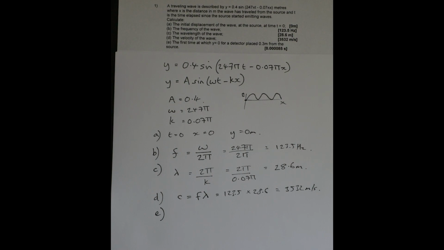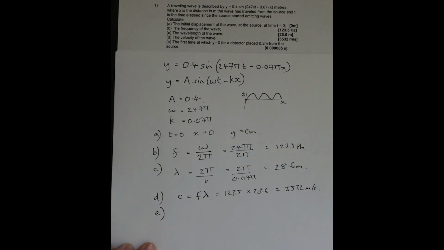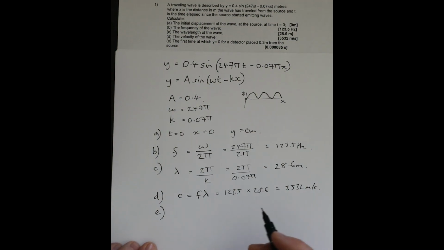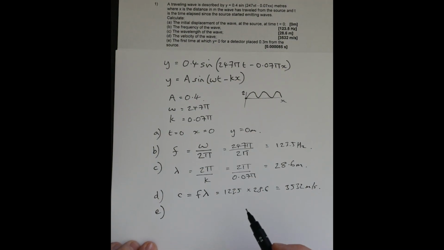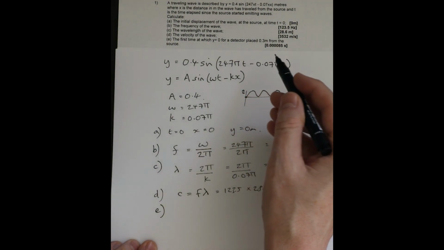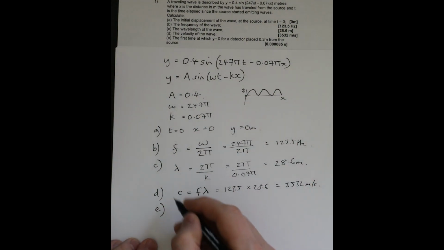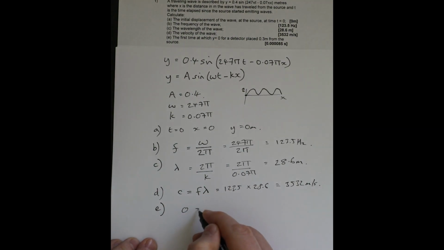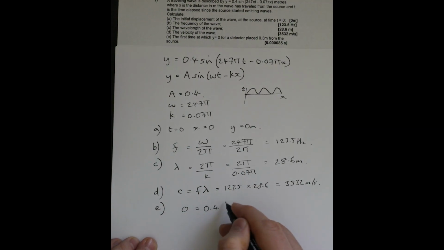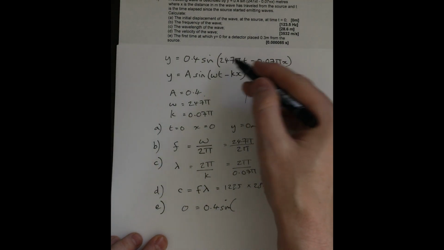And then the last part of the question, part E, is asking for the first time at which y equals 0 for a detector placed 0.3 meters from the source. So we need to go back to our equation here, and we can rewrite that. If we put our values into the equation, we can start to see how that pans out. So we're saying that y is equal to 0, so 0 equals 0.4 times sine of 247 pi